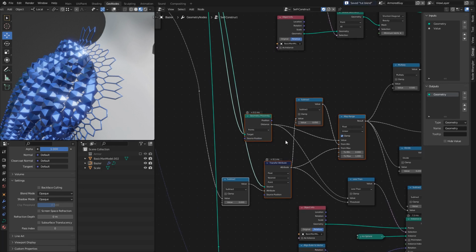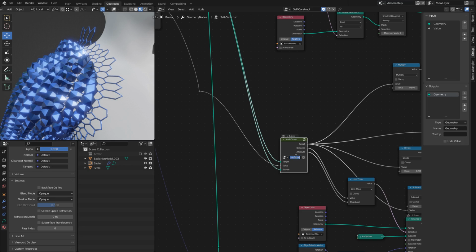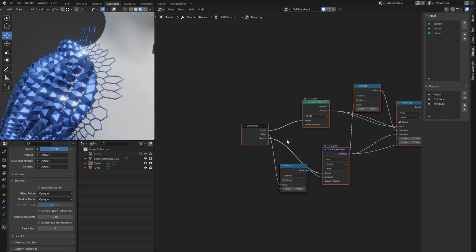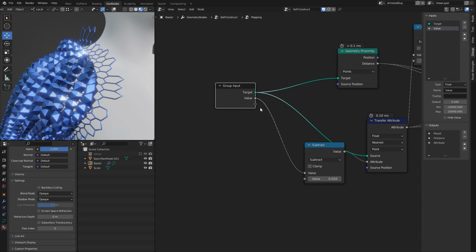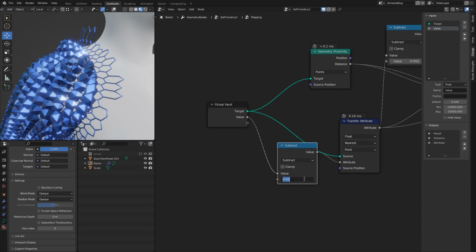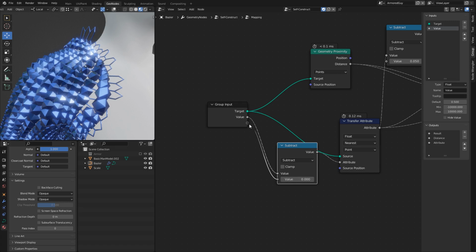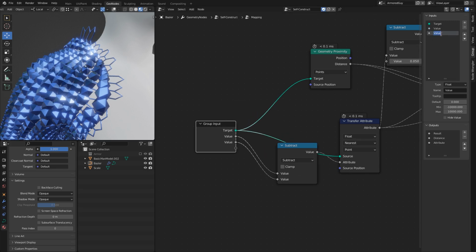So Control G to group, tab to exit the group. I will call this mapping, and now I'm going to give mapping some inputs after I remove some degenerate connection because target got duplicated. Okay, so I want the default of the trim radius. This is essentially what this value is, to be 0. So first I'll set it to 0, plug it here, rename it to trim radius, or rather rad trim, just makes more sense to me